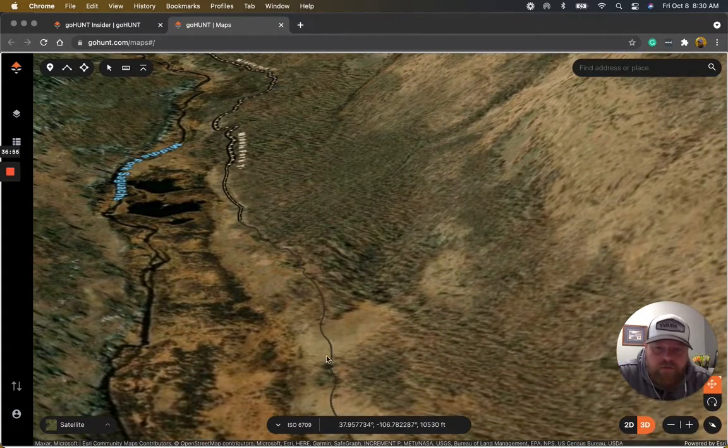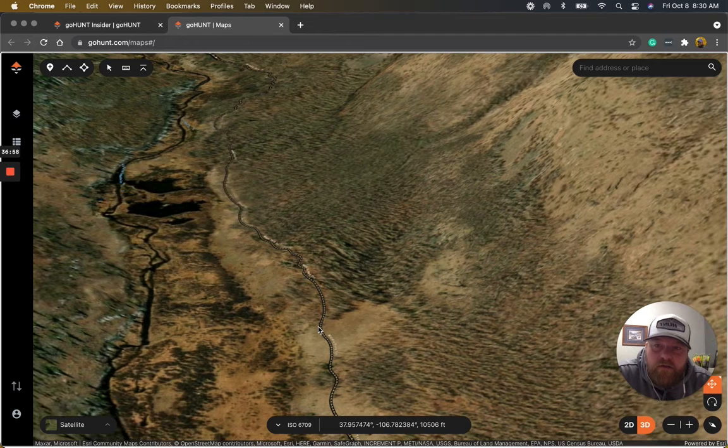I'm not super concerned about being off the trail too awful far or hiding my stuff, anything like that. I've never had any bad experiences in Colorado, any of the hunts I've done. And given that this